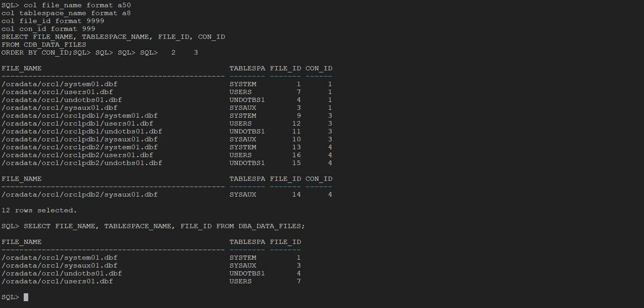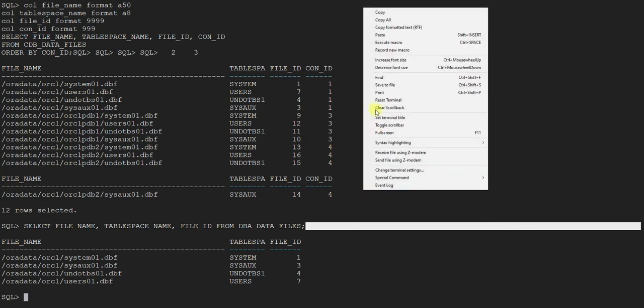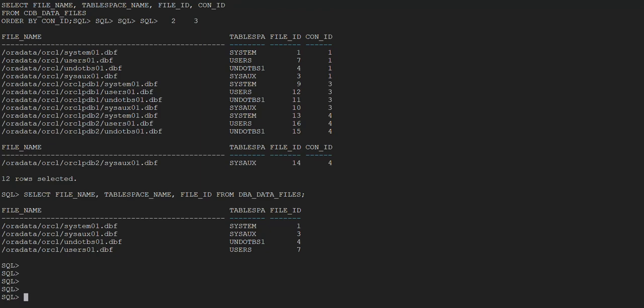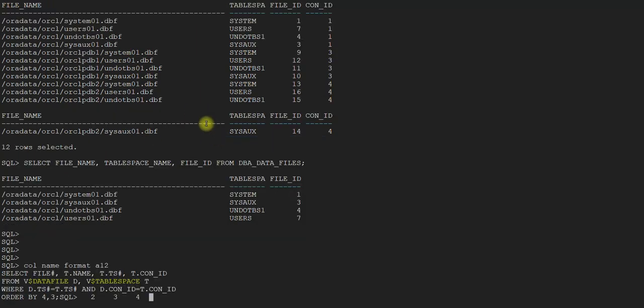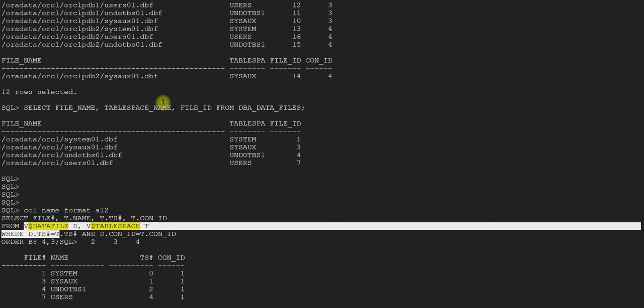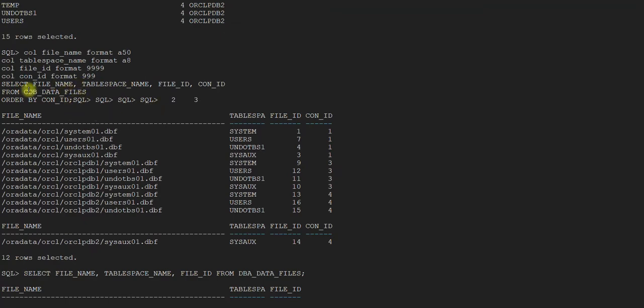Let's retrieve the data files using V$DATAFILE and V$TABLESPACE. Let's see what it gives. So now it gives you, so this is the biggest difference when you use CDB_DATA_FILES.